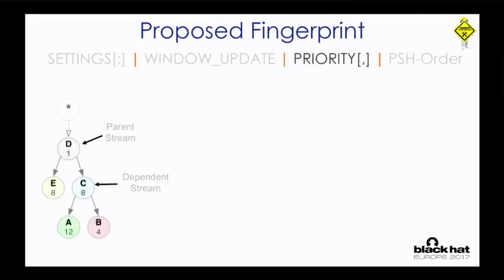Still not enough entropy. So we looked further and we kept the research, and we found that we can use the priority frame mechanism. And this is actually quite an interesting mechanism in the protocol. Now, HTTP2 allows to set a dependency tree between frames. I'm sorry you cannot see everything here. Well,